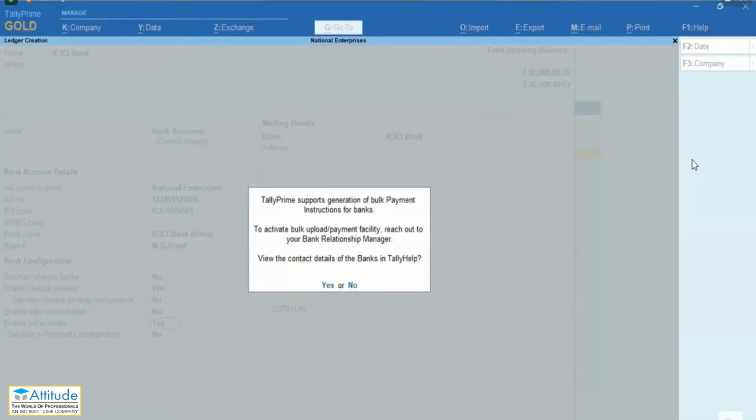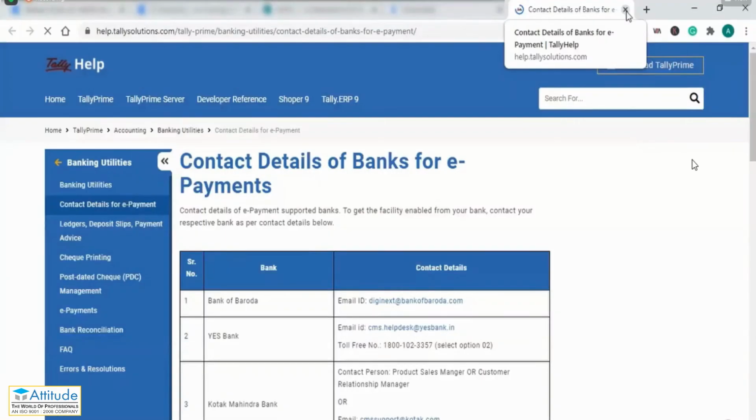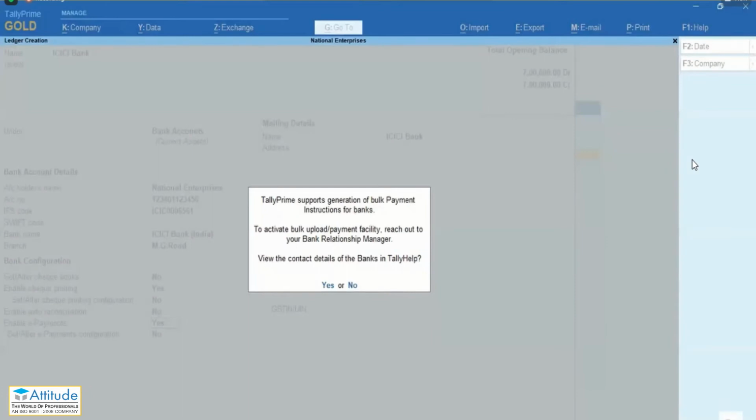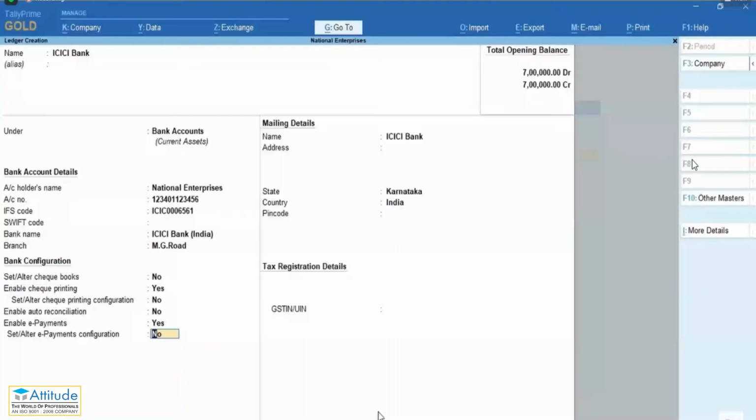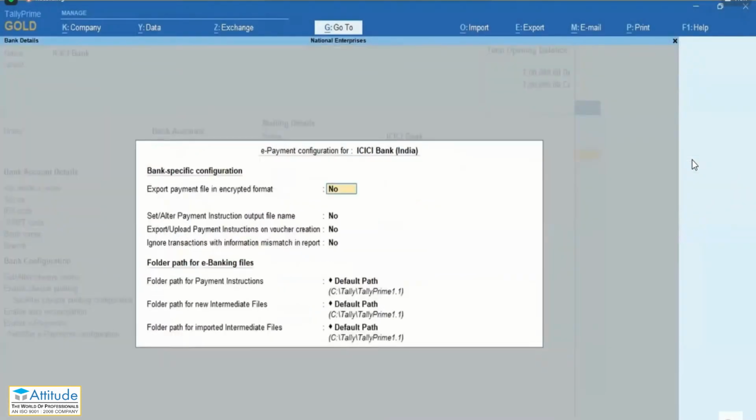You can contact your bank relationship manager for the same. To view the contact details of the banks in Tally Help, click Yes. Or click No to proceed and enable Set or Alter e-payments configuration.